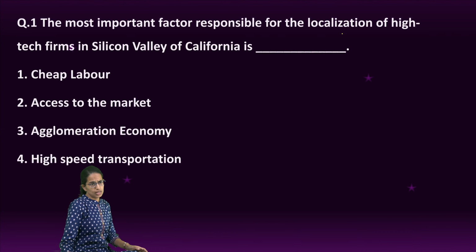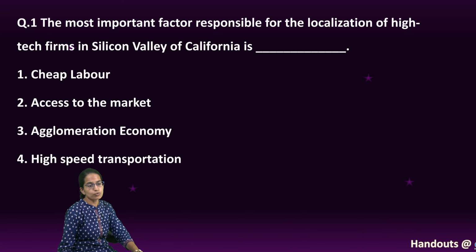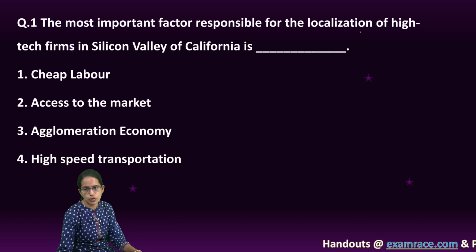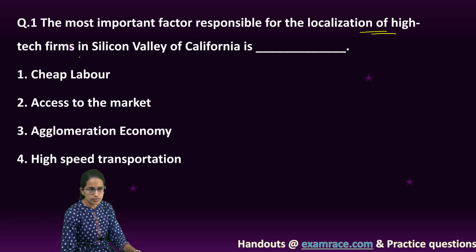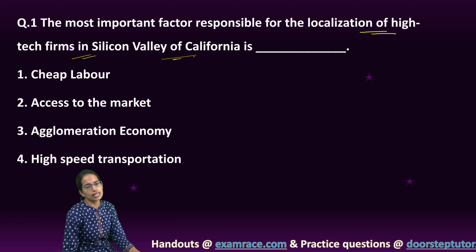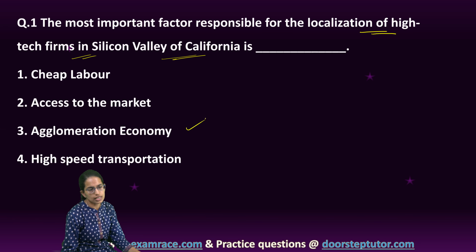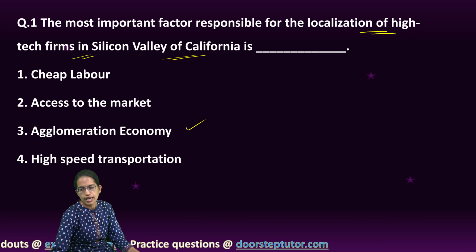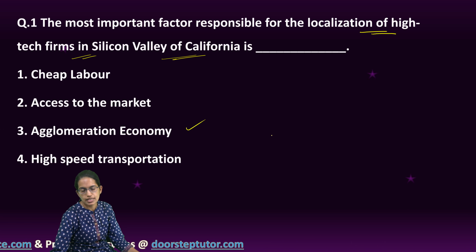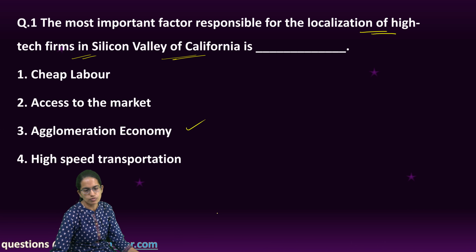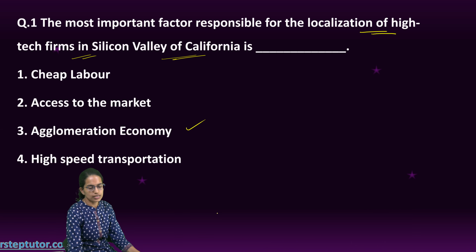subject. Now, the very first question talks about which of the factors are responsible for localization of high-tech firms in Silicon Valley. So, the main feature here is agglomeration economy. Every time we have localization, there are some factors which are responsible for it, and here agglomeration economy is one